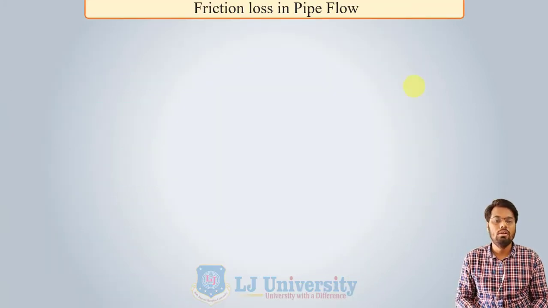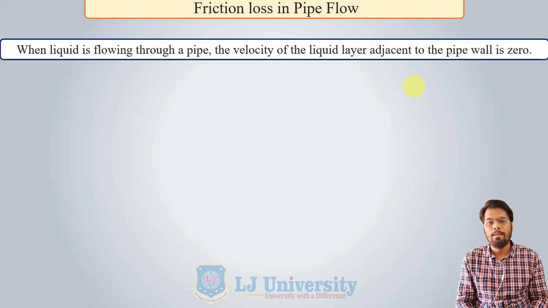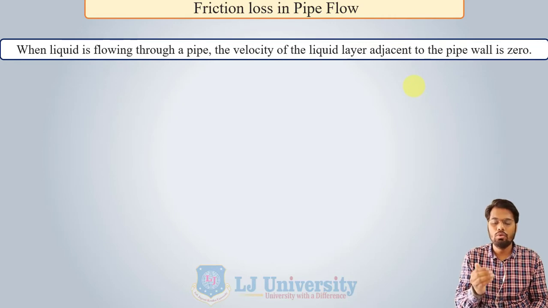Now, in our fluid mechanics subject, we have learned the topic of friction loss in pipe. So let's take a few of the previous equations from fluid mechanics. We know in a heat exchanger there is a flow of fluid through the pipes. So friction by the wall of the pipe plays an important role in the pressure drop.